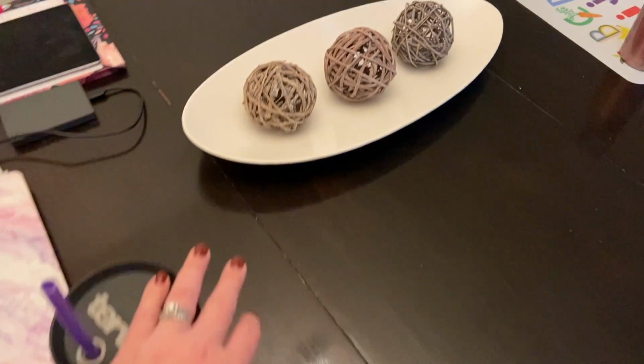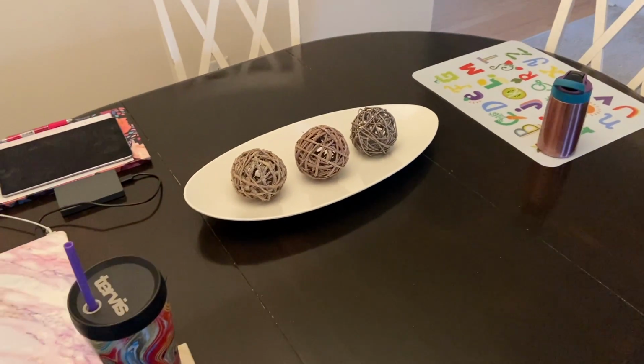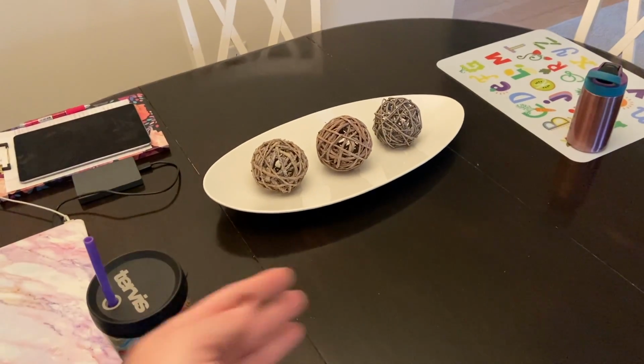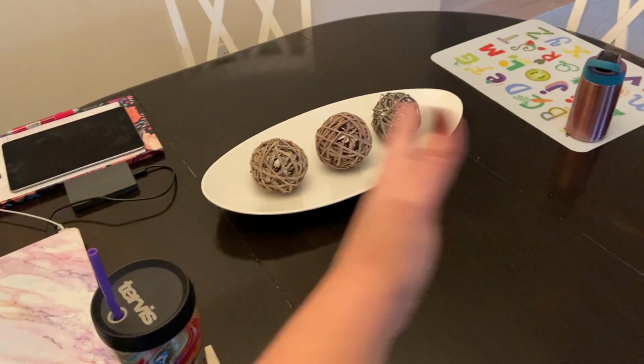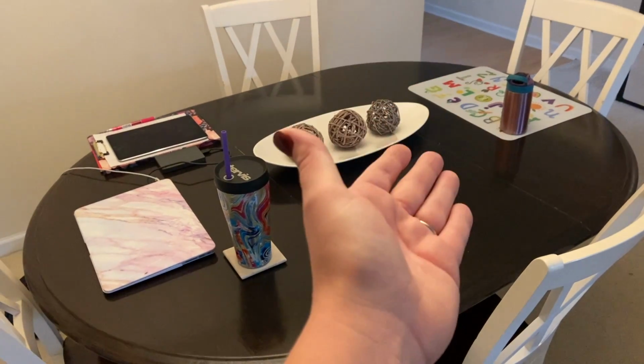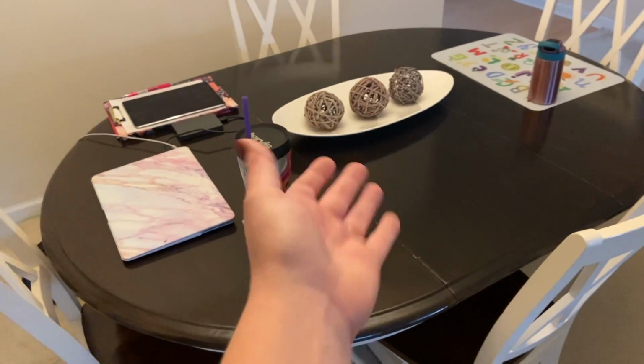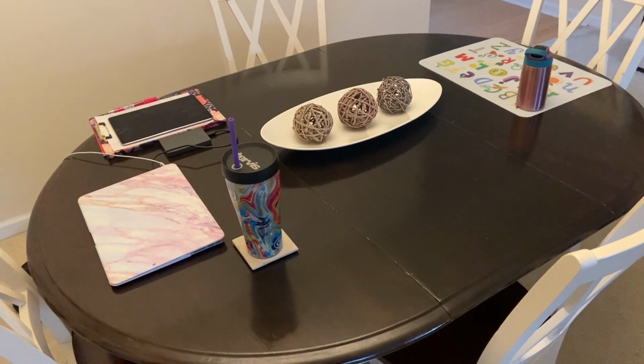Whoop. I know we have so much stuff on our kitchen table, Lila's station. Anyway, it's hard. It's not like I want to live in a space that is just perfect decor all the time. It needs to be functional. And welcome to our family's kitchen table. We have placemats and kids cups, my workstation, and then we eat. So I don't know how practical a centerpiece is there, but if not, I can always move it to the